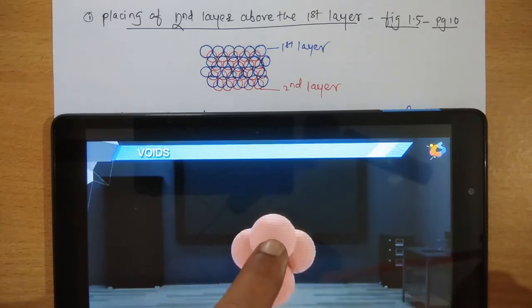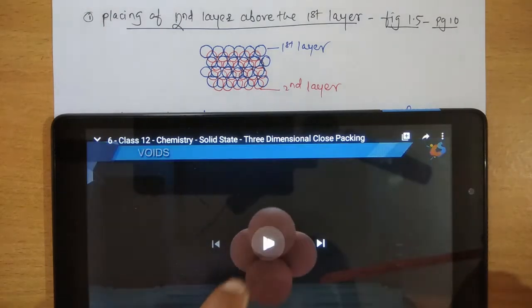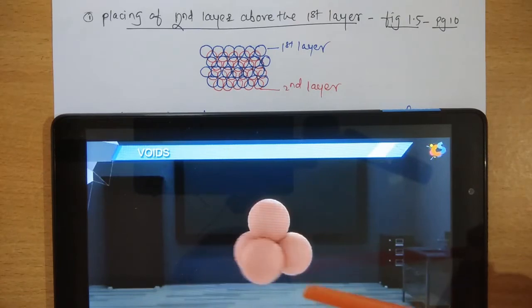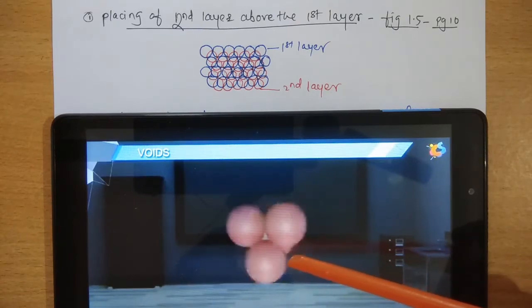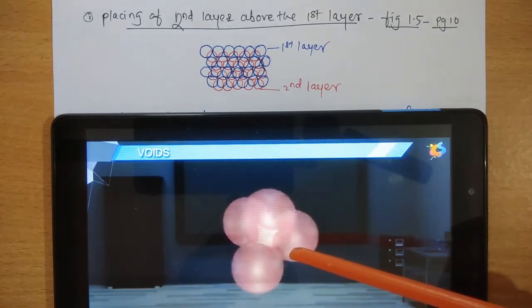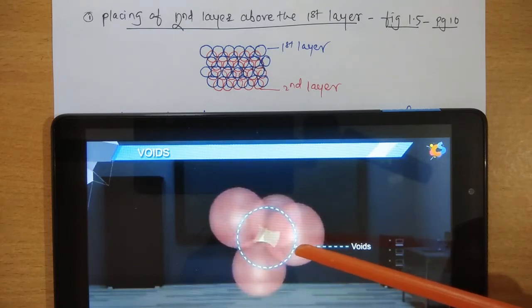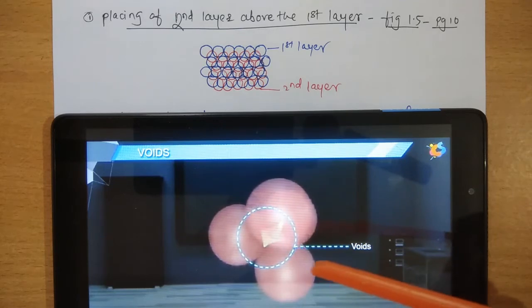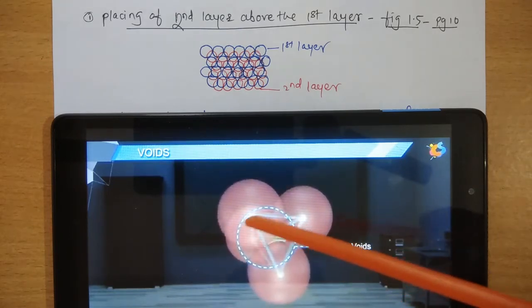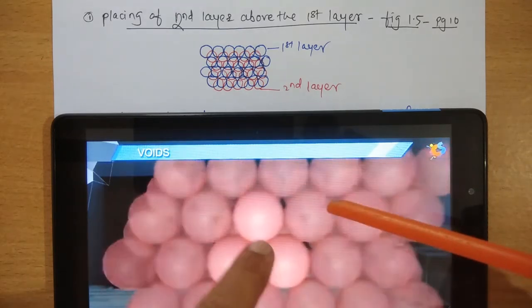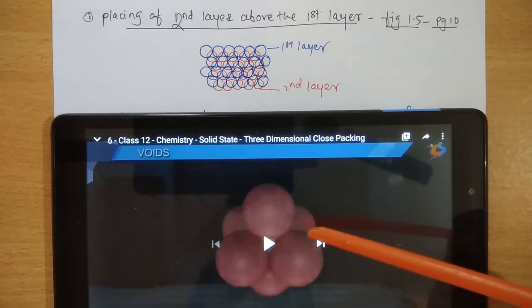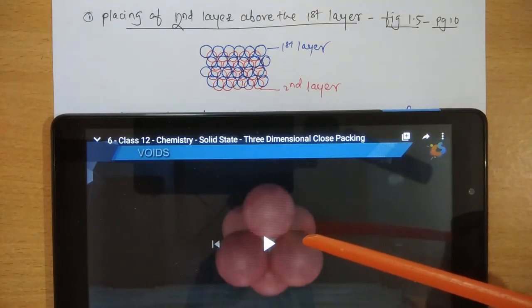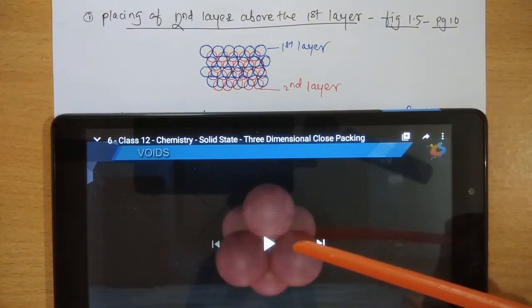Now when the centers of these spheres are joined, a regular tetrahedron forms.